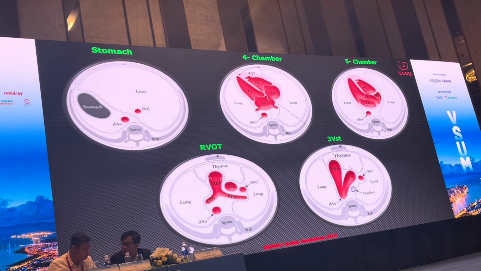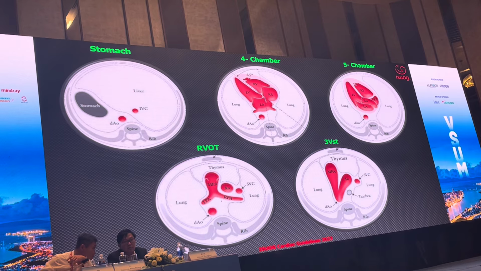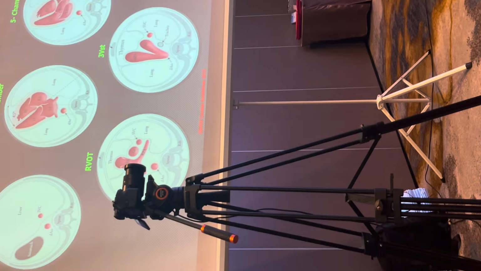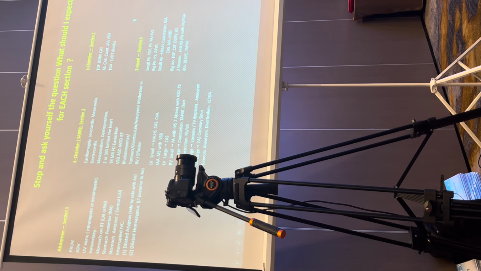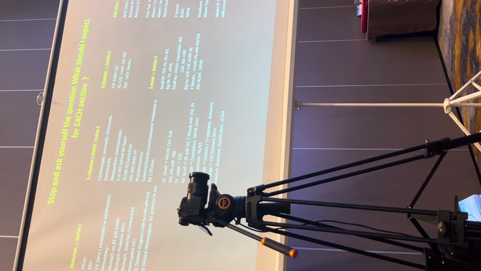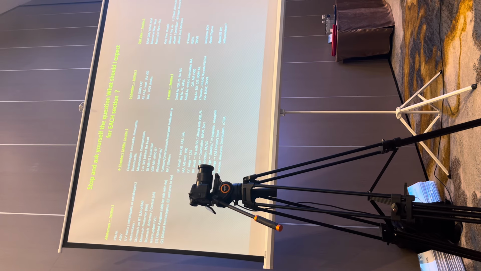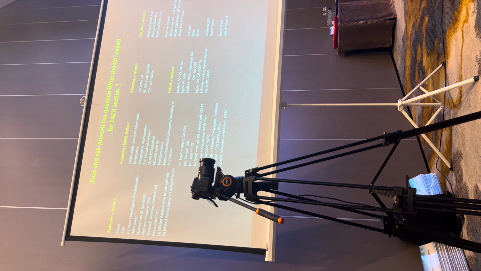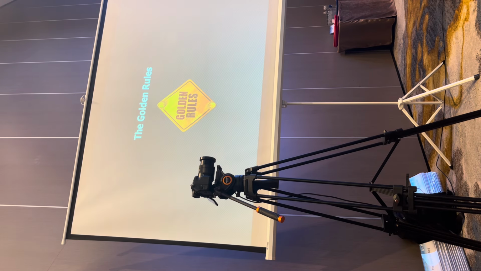I want to first of all show you the golden rules, and then I want to show you abnormalities in each section. And then from there we will go to live scanning. So I will start my clock. It's important that you understand for each section of the heart, you don't need to take this down, it's in the handbook, what are the abnormalities that you can see when you examine the 4-chamber, or the 3-vessel tracheal, or the left ventricle? What are you expecting to see? And these are all the abnormalities broken down section by section.